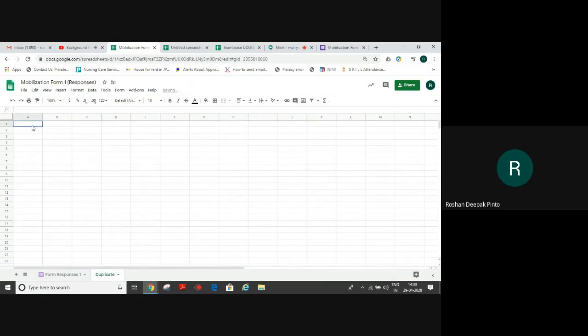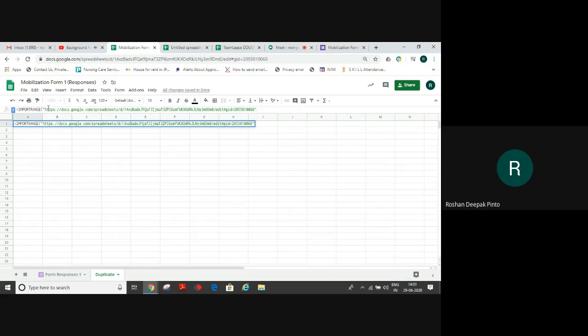The first formula that I'm going to use here is IMPORTRANGE. I want to import the complete data from the previous sheet here. So I start typing that function. You can see it in the scroll, IMPORTRANGE. The bracket will open, start with inverted commas. Now after the double inverted commas, go to the address bar or URL, select the complete URL, copy it, come down to your formula bar and paste it.